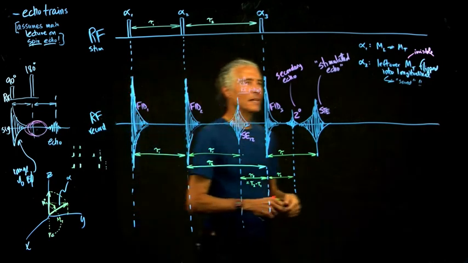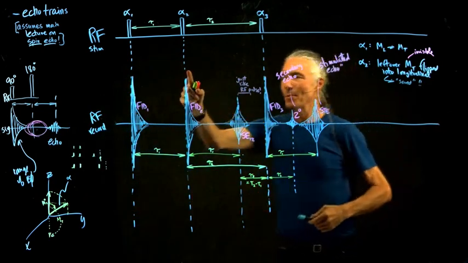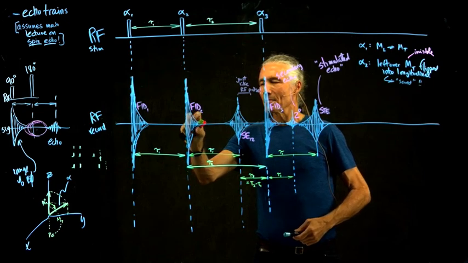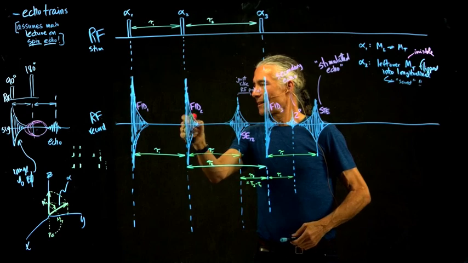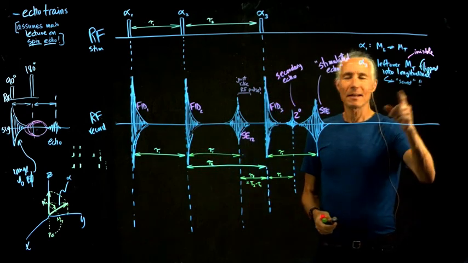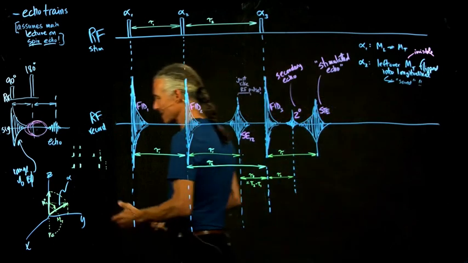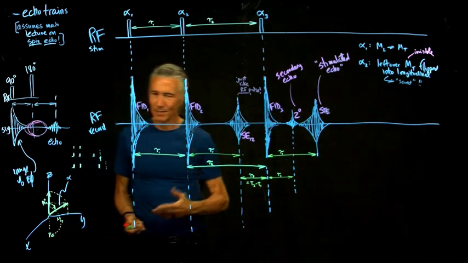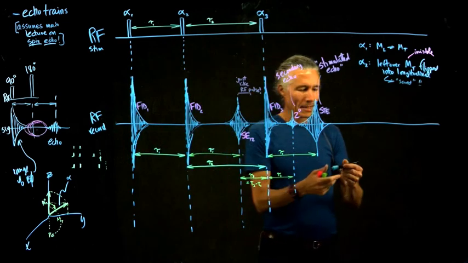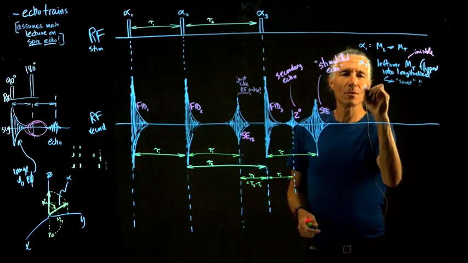And so what happens is when you do this second pulse, whatever leftover transverse magnetization here gets stored in the longitudinal axis. And when it's stored in the longitudinal axis, it doesn't get out of phase, so it doesn't decay. And that's why the echo is so big. And then what you do is you do the third pulse, and